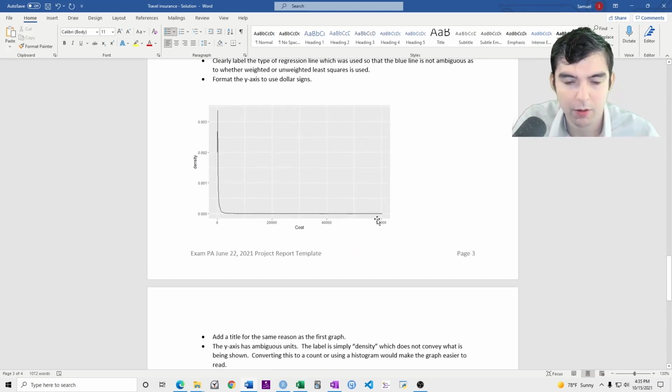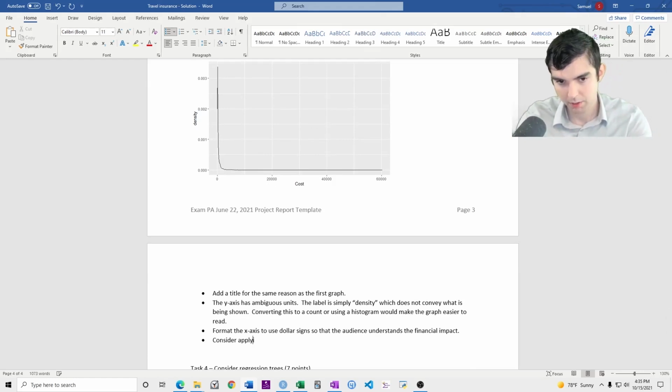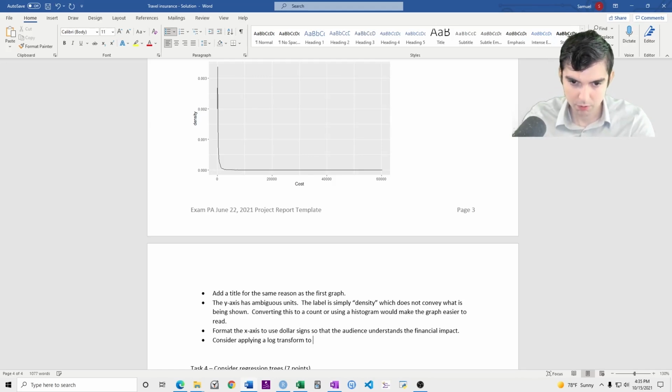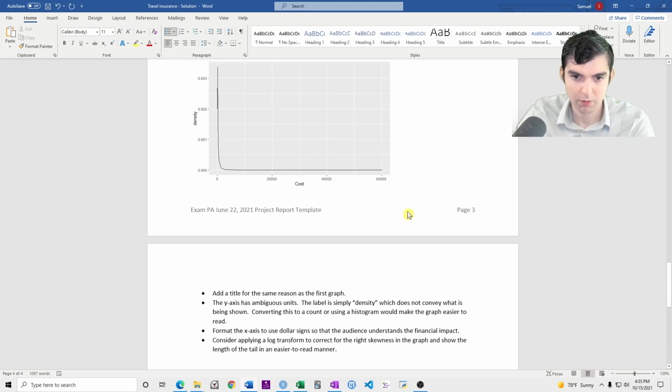And also, this is a very long-tail graph, so consider applying a log transform to correct for the right skewness and show the length of the tail in an easier to read manner.